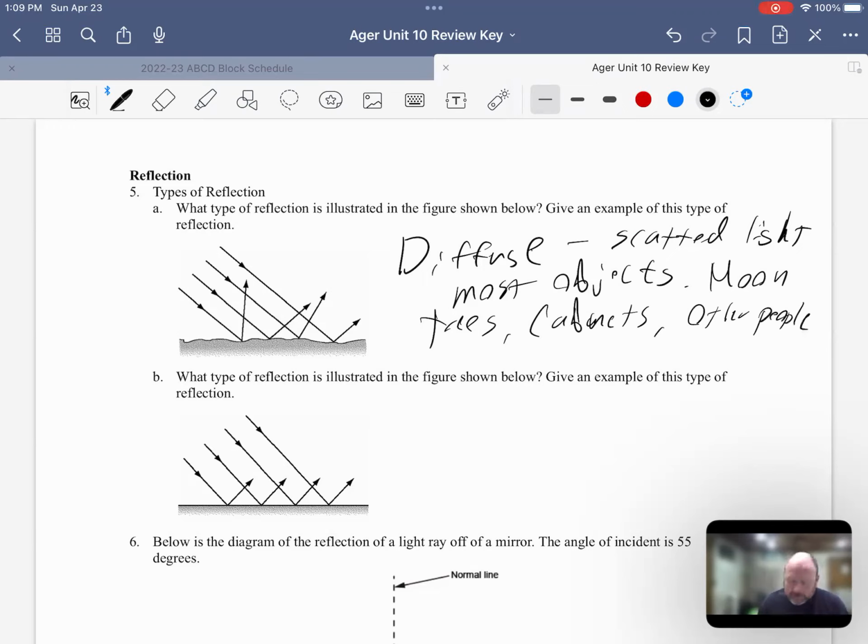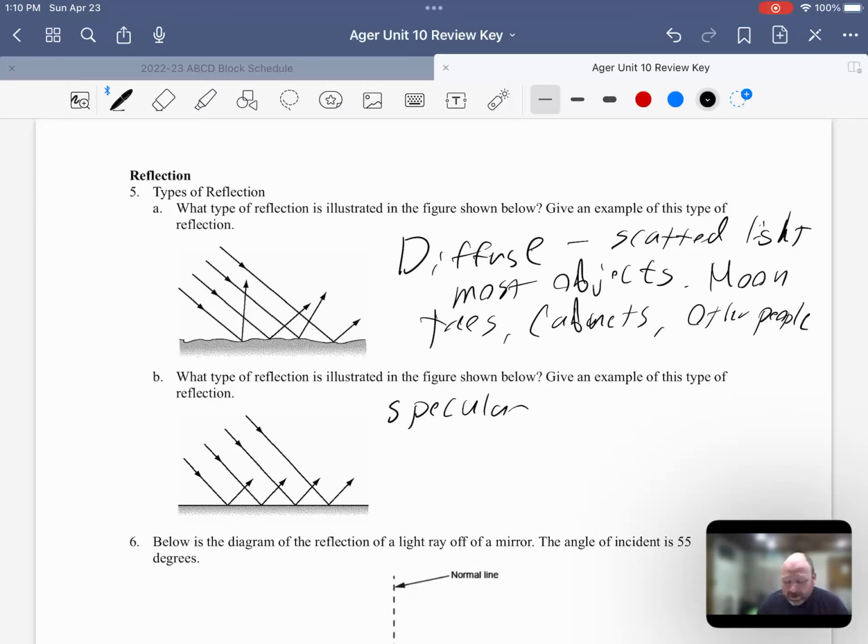I mean, the examples are endless. It's ridiculous because every single object that's not like an image or reflection. Again, reflection is not the right word because this is all reflection, but that thing you think of as like a reflected image, glass and mirrors, is not diffuse reflection. So there are so many examples. Whereas the other one is called specular,